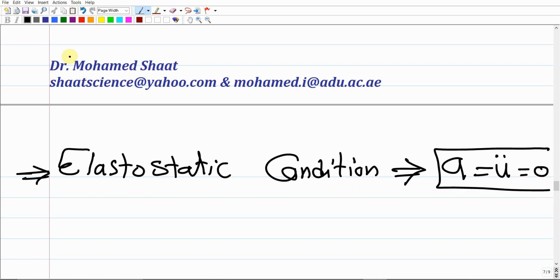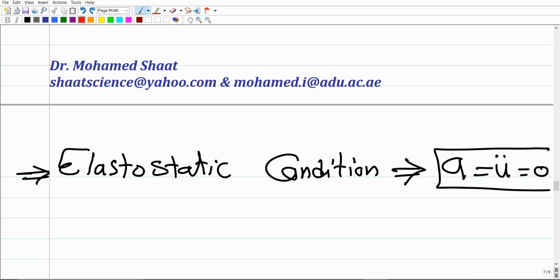Elastostatic, since we're already working in linear elasticity or in elastic bodies, it means that it will be deformable. There would be some deformation field that is going to be decomposed into rotation in addition to deformation field. So the static for any object that is already elastic is commonly known as elastostatic equilibrium of the continuum. The elastostatic condition happens under the condition that there is no acceleration, and this happens under